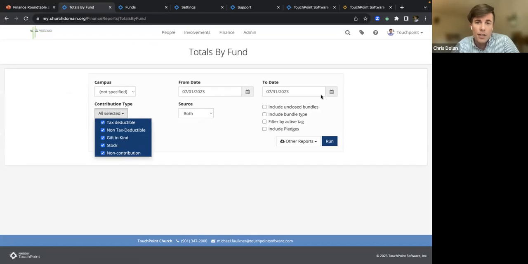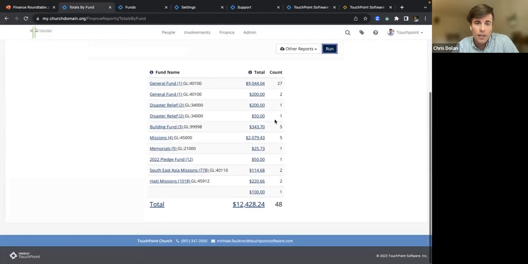And if you select non-contribution items in that, I'll show you what that looks like. So here, and maybe this isn't a great example because I think all of these are contributions. So if we had, you basically get the funds listed here. And then if you had one that was a non-contribution, oh, this one, this $100 is a non-contribution.